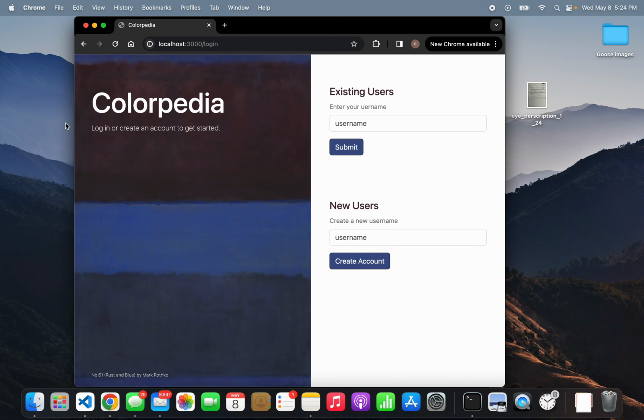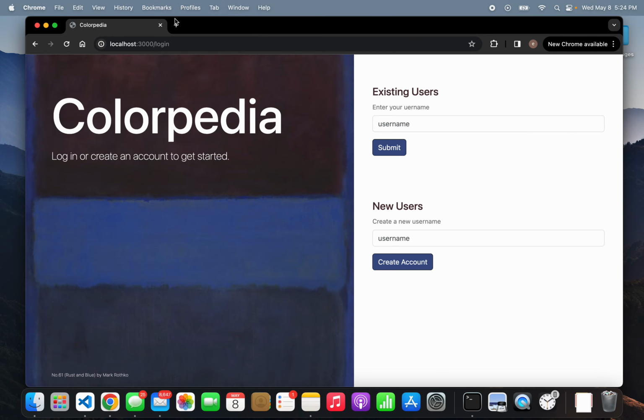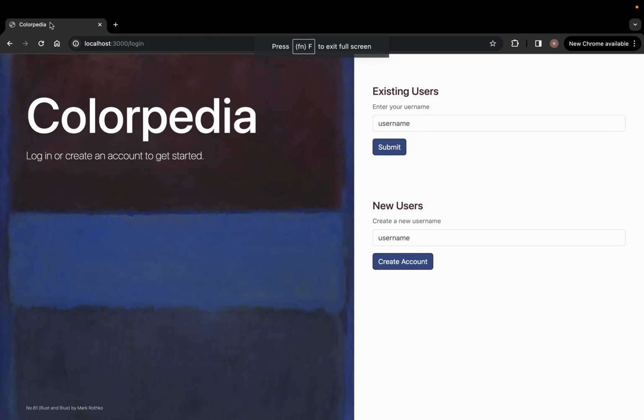This is Colorpedia. This is an app for learning color theory terminology. Here, let me just make this full screen. All right, so to get started, we start here on the login page, Colorpedia, login or create an account to